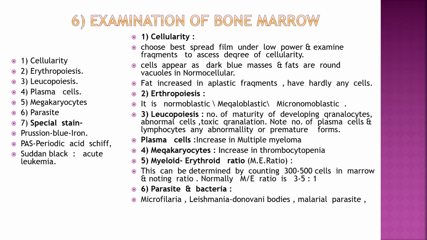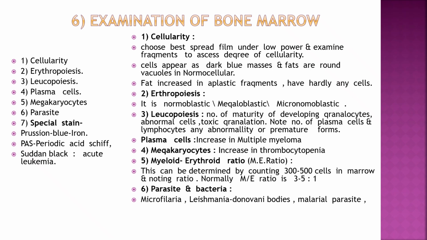Then we can study the erythropoietic series, leukopoietic series, then plasma cells, which are seen in increased quantity in multiple myeloma, and megakaryocytes, which if increased are seen in thrombocytopenia. We can also see blood parasites like Plasmodium species or